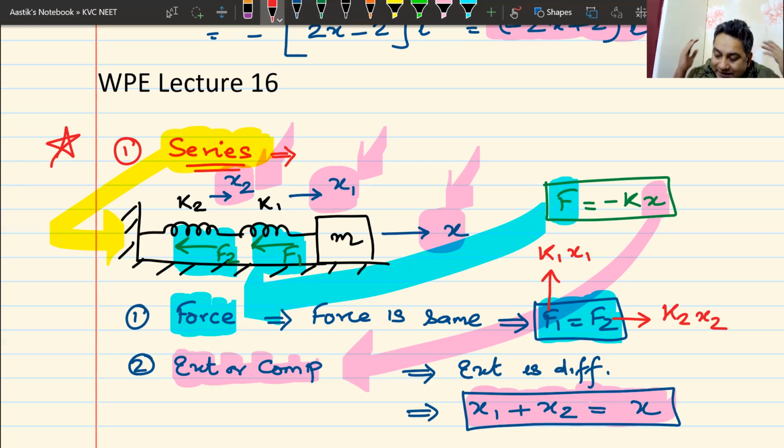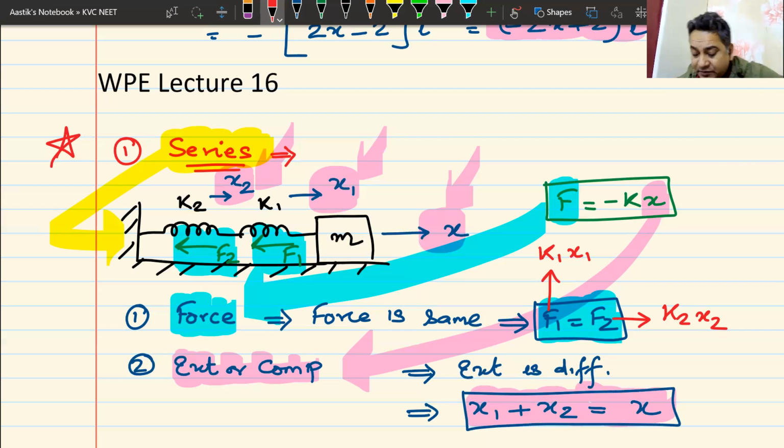So basically what I'm telling you over here is K1 into X1 is equal to K2 into X2. Do you all understand this? If you can remember these two things, you are through with your springs. The questions that you are going to get in springs, you are through with those questions. K1 into X1, which is F1, talking about magnitude, not direction, so I've not written the negative sign.